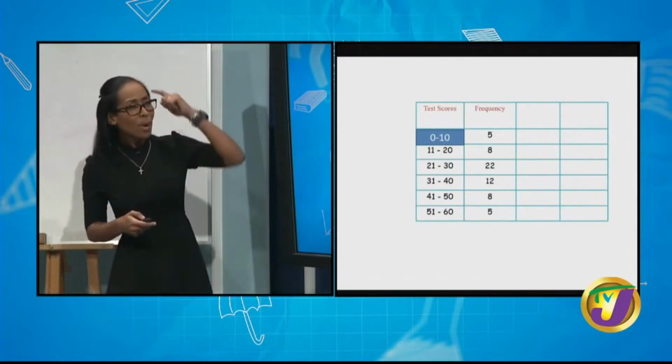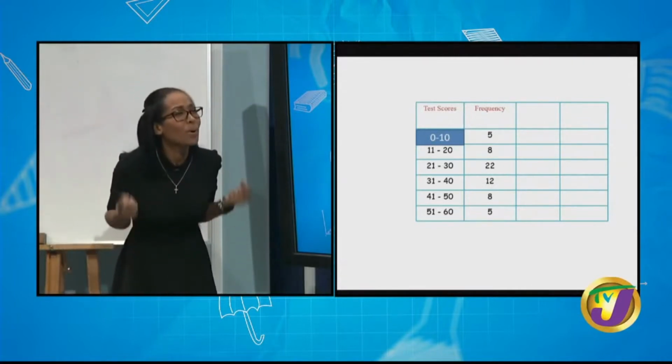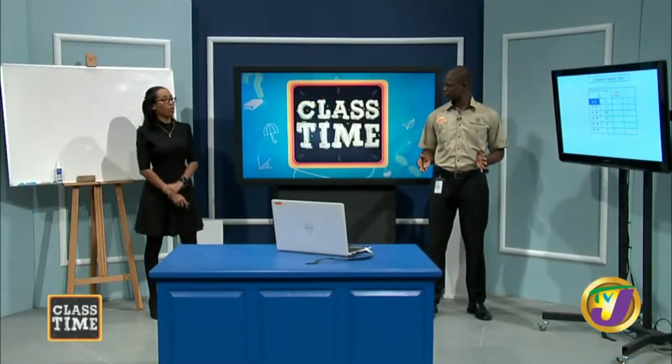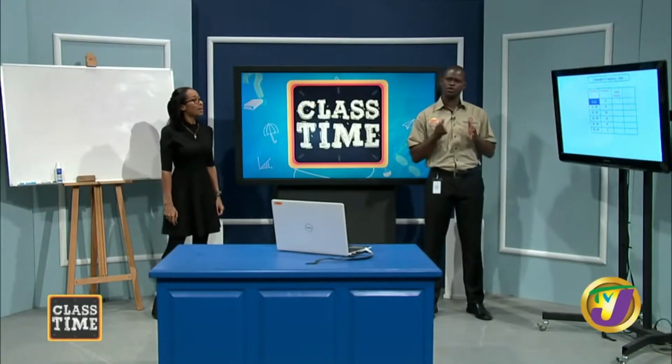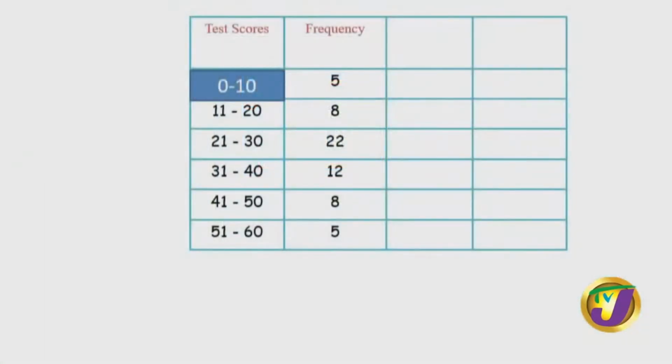Upper boundary. Another term. I'm trying to remember what upper boundary is. Why does the principal need the upper boundary? Good question. Looking at what she had before with just the frequency, it wouldn't allow her to ascertain the performance of the students. She's just seeing that 5 students got 0 to 10, 8 got 11 to 20. She wants to drill down more into the data, and so she wants to construct a cumulative frequency table. The upper boundary is very crucial when we are constructing a cumulative frequency table,